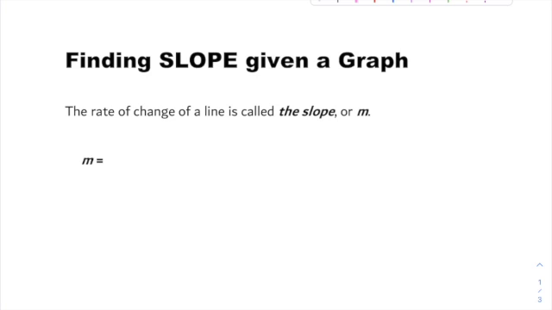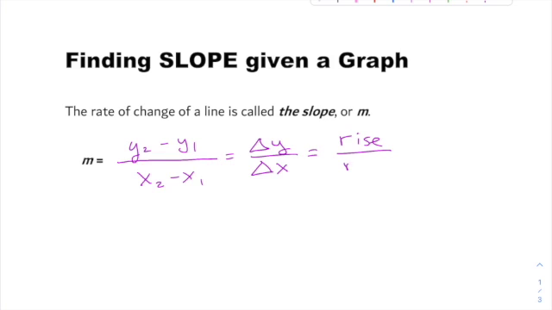So a little review, our formula for slope, which is the letter M, is y2 minus y1 over x2 minus x1, which is great if you have the two coordinates. We've also said that that can be abbreviated as delta y over delta x. That's the Greek letter delta, the triangle, and it stands for difference. Difference in y over difference in x. Or the phrase, which hopefully is familiar to you, and this is the one we're really going to focus on